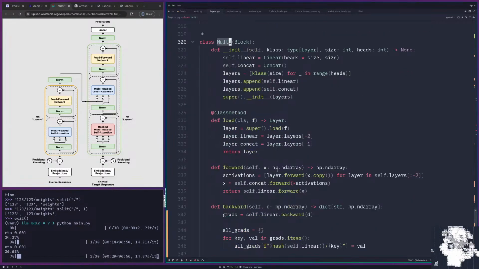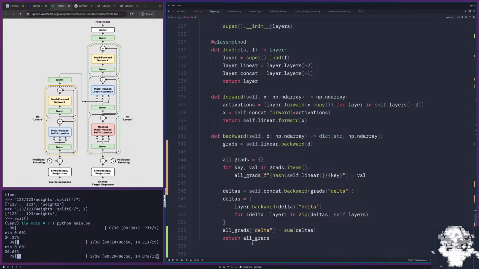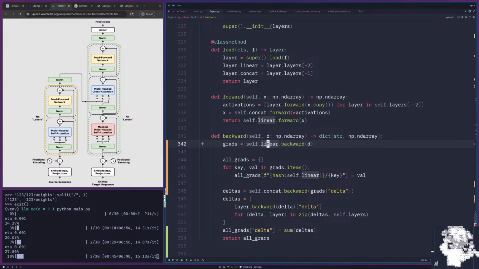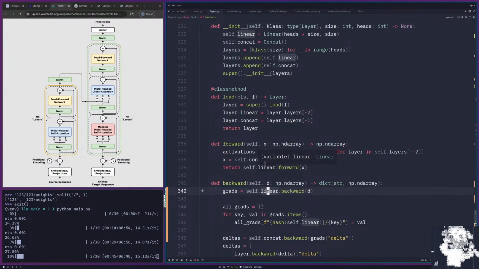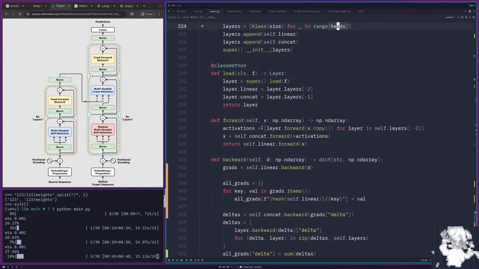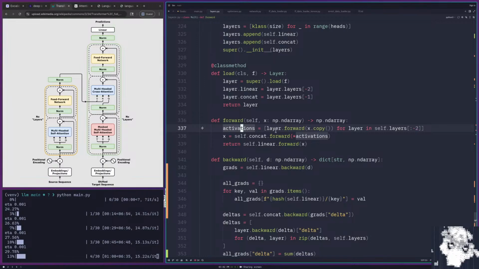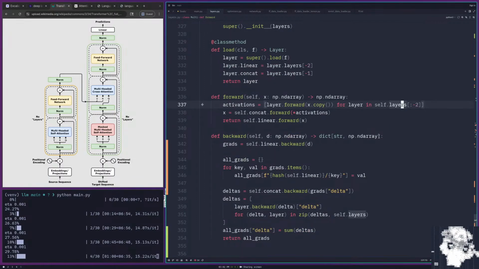So multi, you're supposed to expose not just your linear layer, but also your heads. So when are you running your heads? Layer dot forward for layer in self dot layers except the last 2. And then when you go backwards,